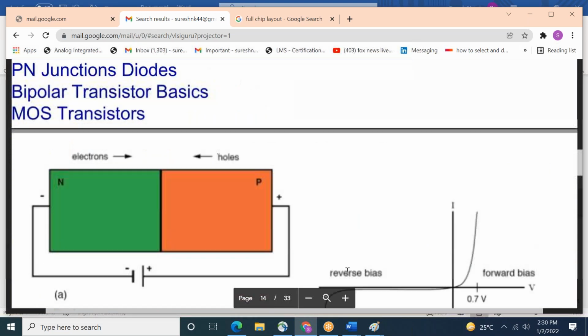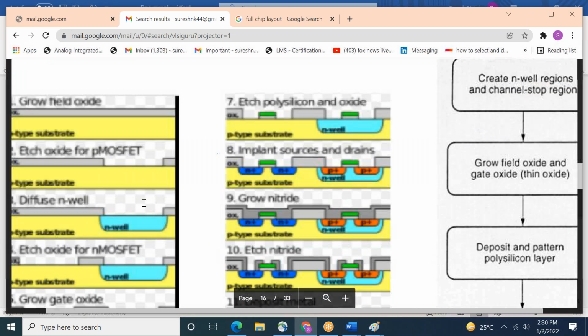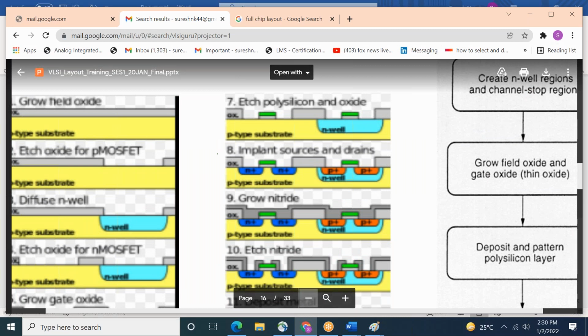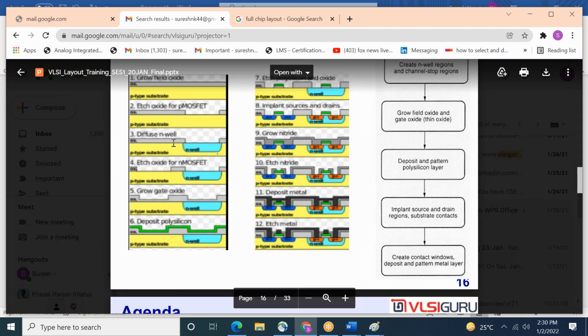Device physics we will not cover. The PN junction diode: this is forward bias, this is reverse bias. So what is the VI characteristic? Okay, this is CMOS fabrication. How CMOS is formed, these are the processes.